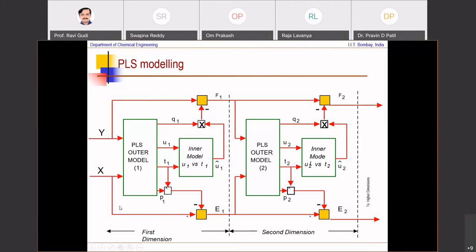We do a similar thing for X. For X also, whatever has been exploited to explain Y is taken out by this subtraction from the original X, and the residual essentially goes. So F1 and E1, if you will, are the residual amounts of variation in Y and X that go to build the second dimension of PLS and the third dimension of PLS. And I can keep doing that over and over again till I essentially exploit all the correlation in X to explain all the variation in Y.